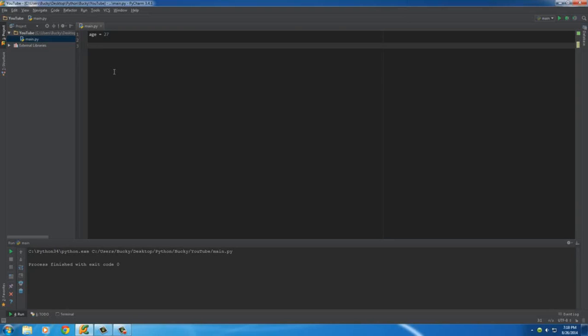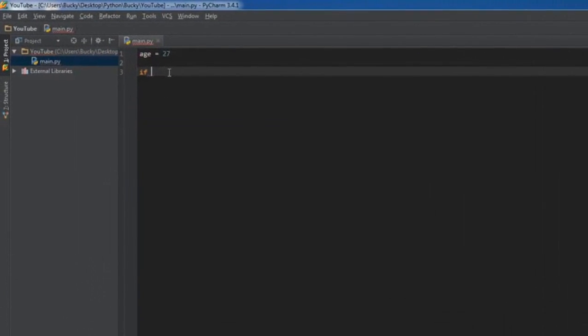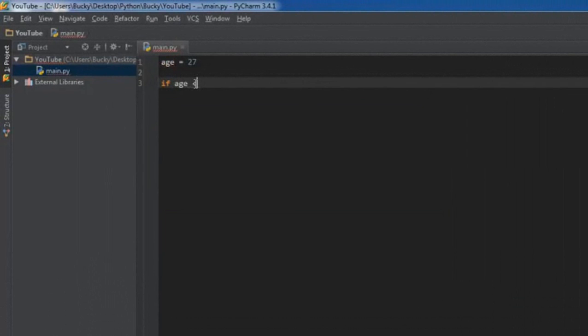So what we need is a way to check this and execute some code based on another variable. Sounds confusing, but check it out. Whenever you want to have your computer make a decision, the first thing you do is add the keyword if. Now, directly after this, we need to give it something to test. So right now, we're just going to test if this age is less than 21. So if the age is less than 21, then we want to do something. We'll just print out no beer for you, since they're too young.